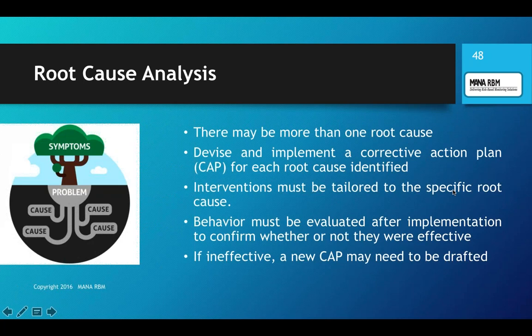What I mean by that is it's not always education. One of the things that you often see is, oh, they're making these errors, it's education. Well, that may not be the reason. It could be resourcing. It could be the way the protocol was designed. It could be the way the questions were asked. So you really want to understand why something happened so that you can tailor your intervention based on the specific root cause. And then what is the behavior that you're going to use that tells you whether your intervention was effective? And then you need to remember that if it wasn't effective, you need to go back and redefine